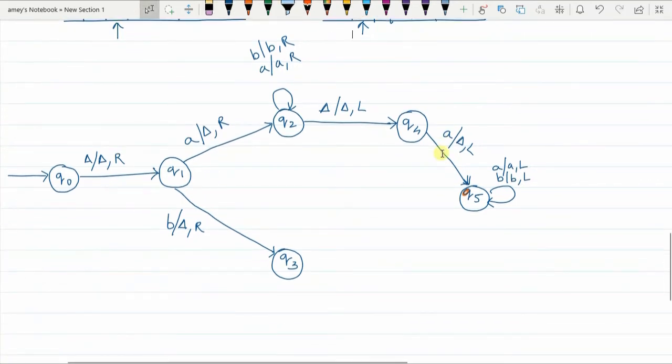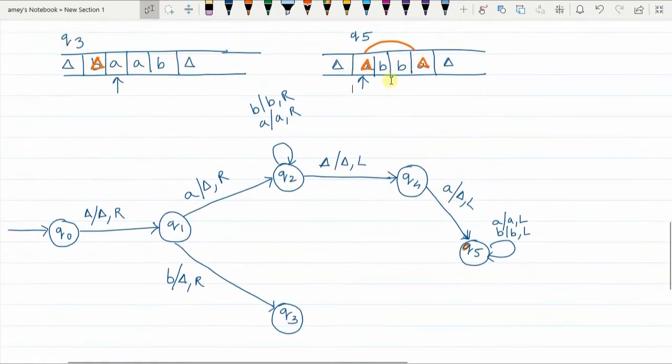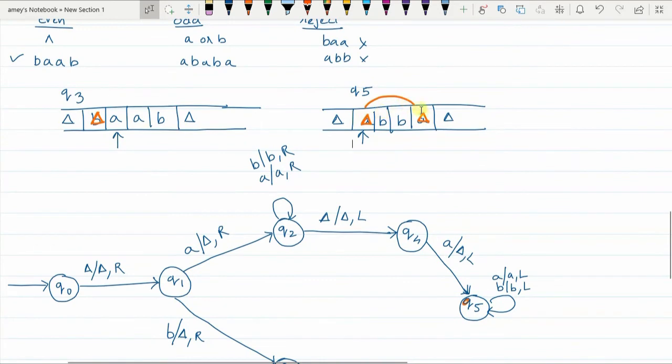Now in Q5 state, when delta is encountered, what does it mean? The first pair that I cancelled started from here. So after coming towards the left, when delta is encountered, you should understand that this was the place from where the last match was made.